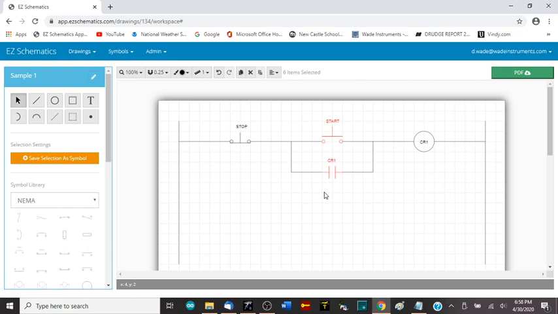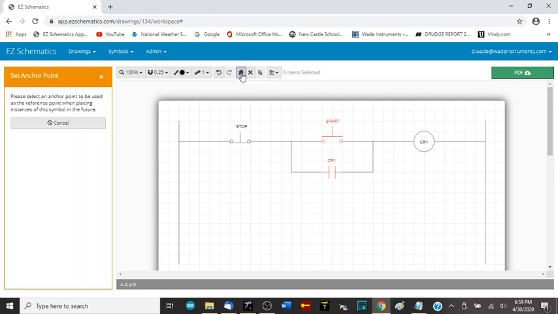Another editing feature that you probably are going to want to use is the copy mode. Right now, I have these 2 items selected, and I'm going to copy those 2 devices. And if I go right up here to this push button, it says copy selections. I can either click on that, or I can use the shortcut Control C. So I click on this,